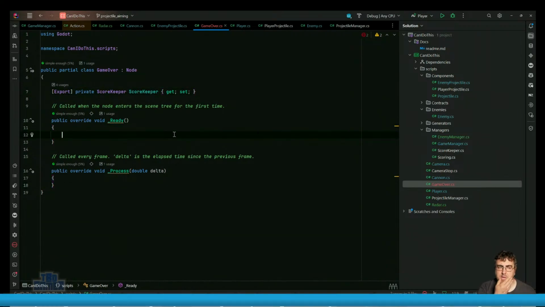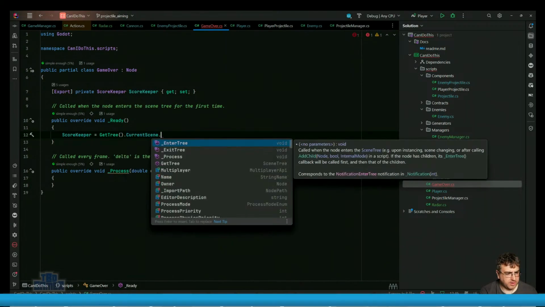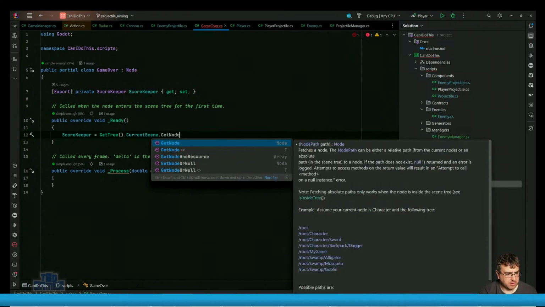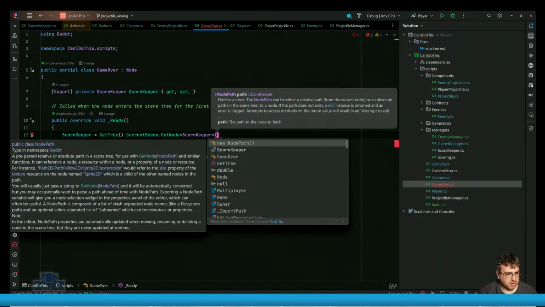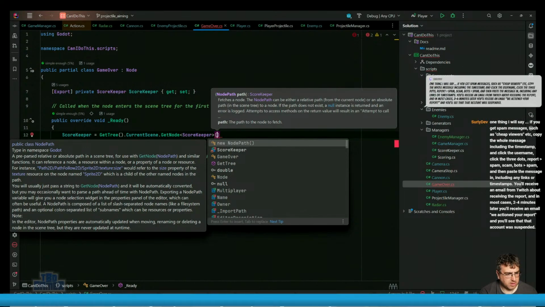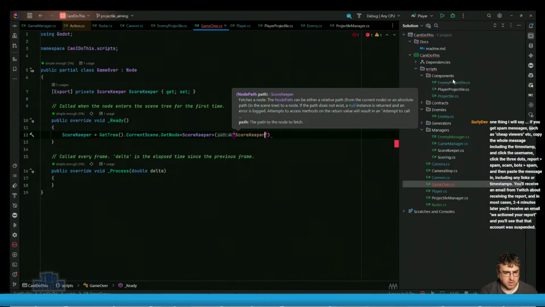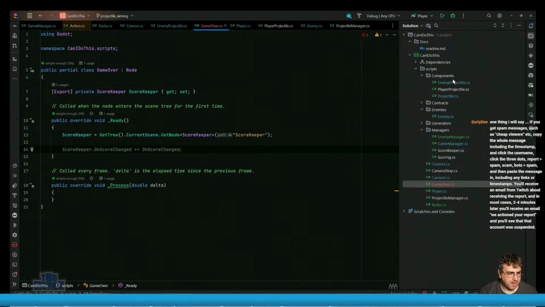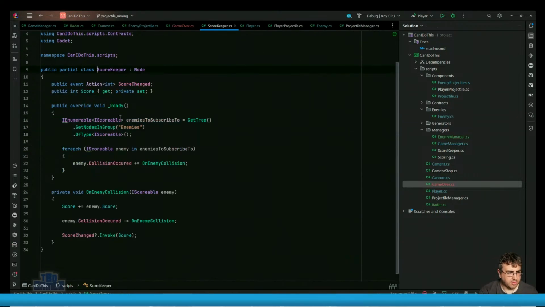So this has to be scorekeeper equals get tree scene dot get node, and that's going to be the scorekeeper. Does that work? And the scorekeeper